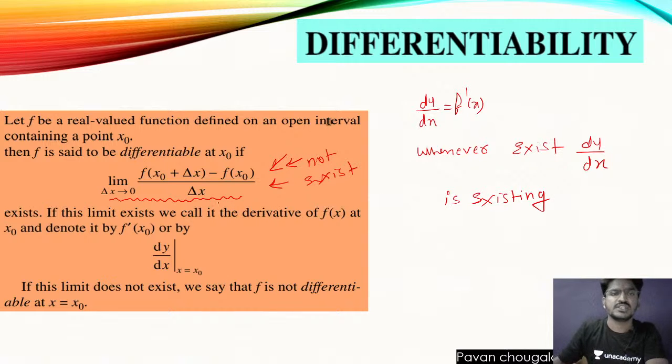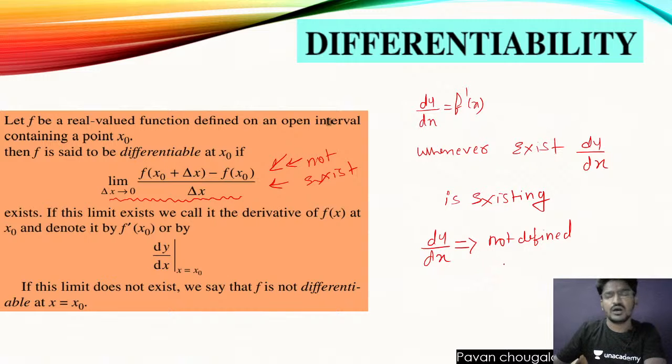Suppose this limit is not going to exist, we say we can't solve dy by dx, or dy by dx is not defined. Please make sure that all these points are listened to very carefully,